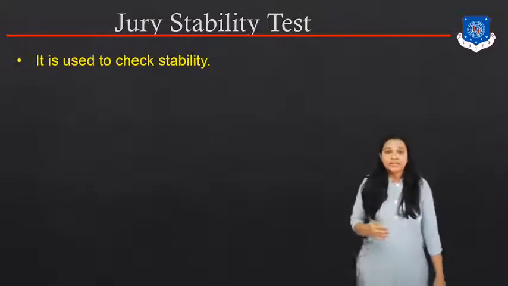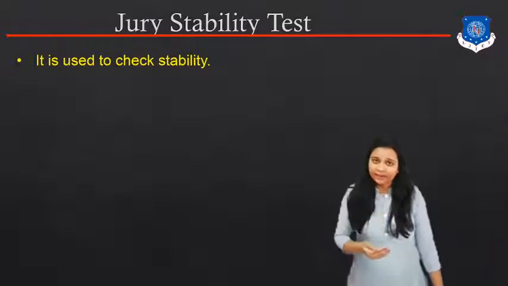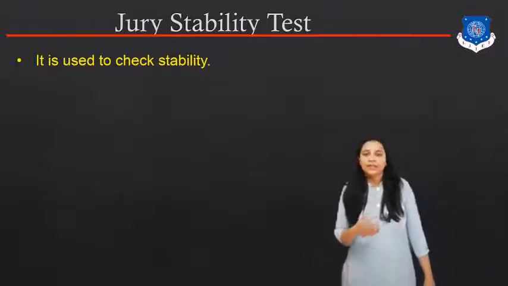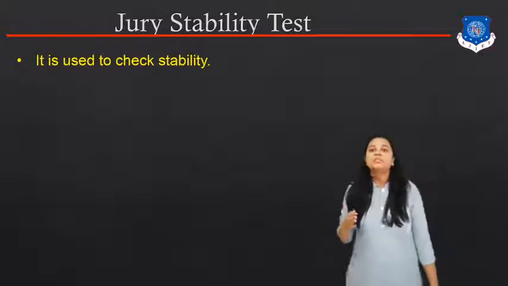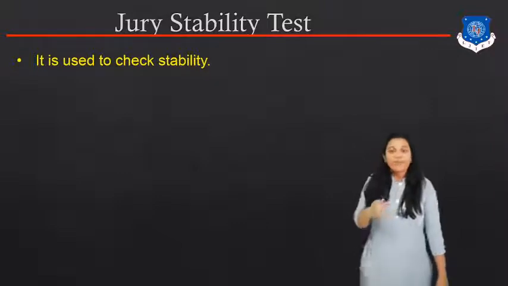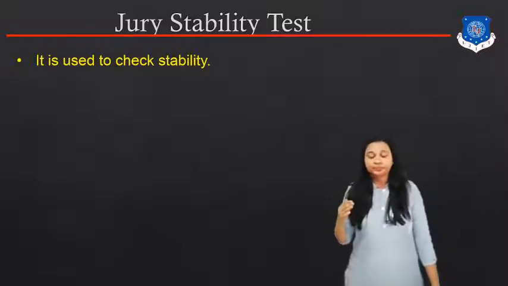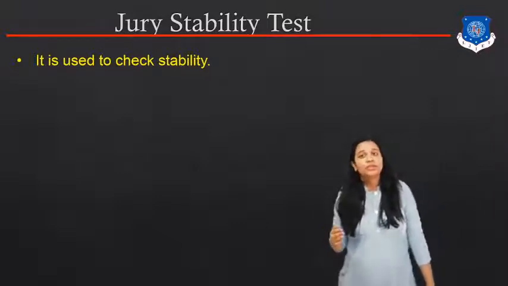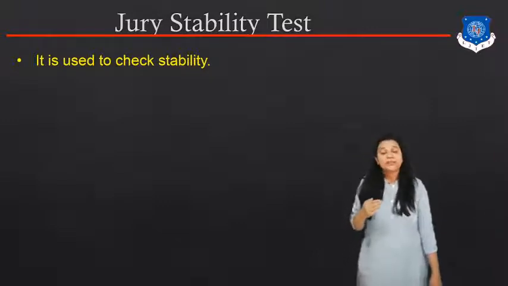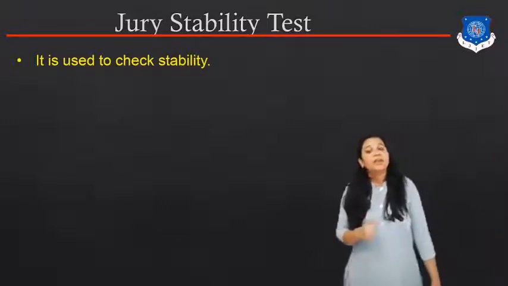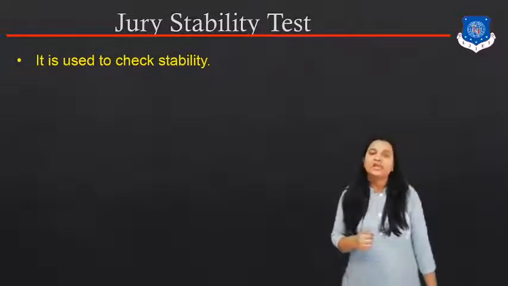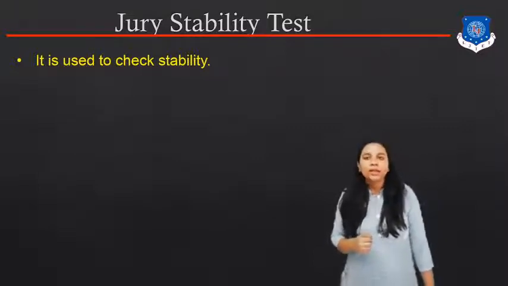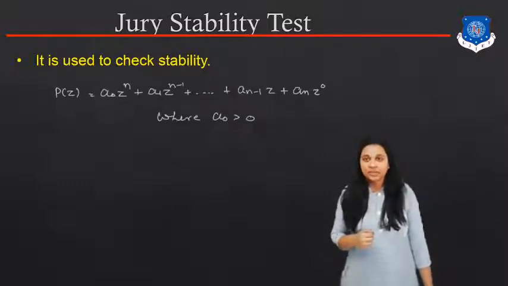Now, what is the basic rule to find the stability? As you know, if all the roots are located in the right half plane, this type of system becomes an unstable system. If all the roots are located in the left half plane, this type of system is known as a stable system. And if we get the roots on the imaginary axis in the j omega form, this type of system becomes a critically or marginally stable system.